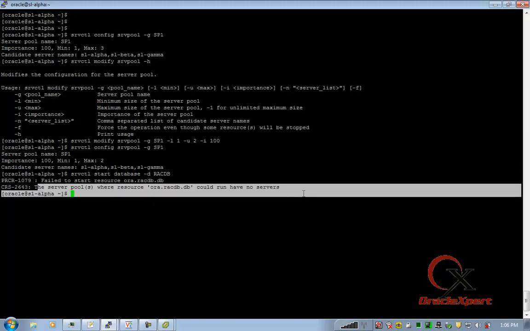I need to check further why it is complaining, because as per our understanding the resource should be brought up successfully, because server pool is still valid, because I have qualified on minimum clause, I have qualified on maximum clause as well. So it should have allowed my resource to start up wherever.